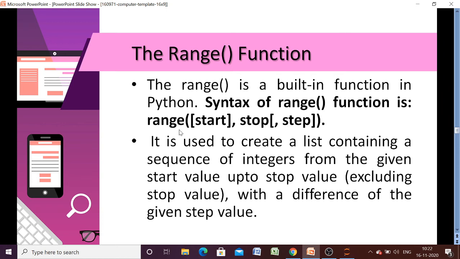Now it will create a list containing a sequence of integers from the given start value up to the stop value. The stop value will not be included; it will give you up to stop minus 1, with a difference of the given step value. By default the step value is 1.